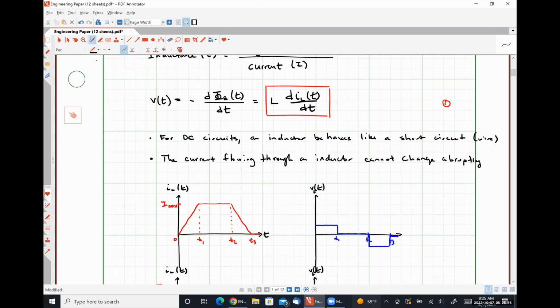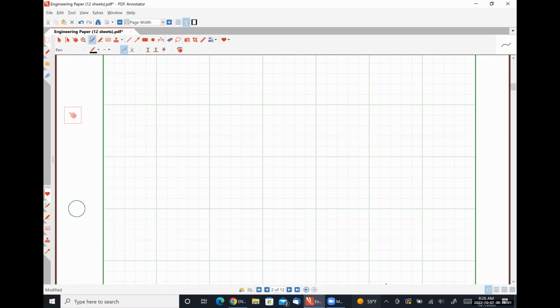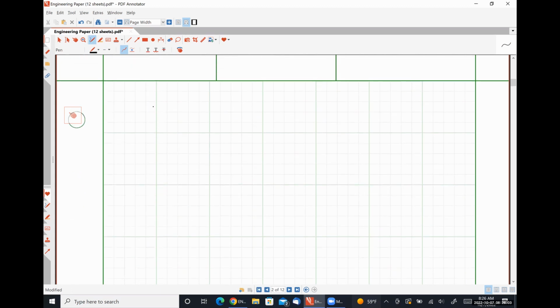Now what we're going to do is mathematically rearrange this equation and come up with our second equation. Okay. So if we start with the voltage drop across an inductor is equal to L times the derivative of the current flowing through an inductor. Well, if we multiply both sides by dt,